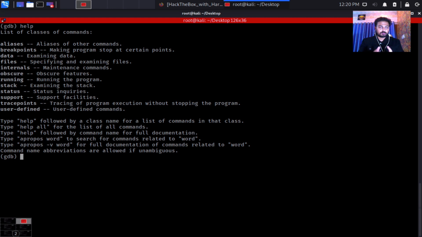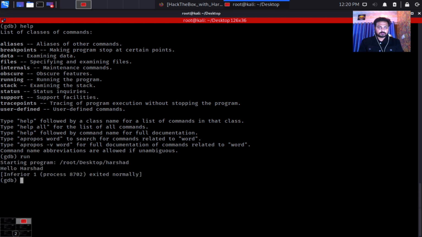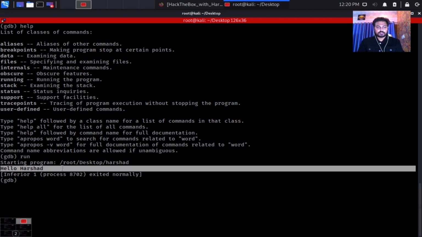You can check using the help command what other options we have here. Now if you want to run the program, you can simply type run. You can clearly see the program is running and it is printing hello Harsha. This is all I have written in the program. Very basic, very easy, because I want you to understand the fundamentals of GDB first.